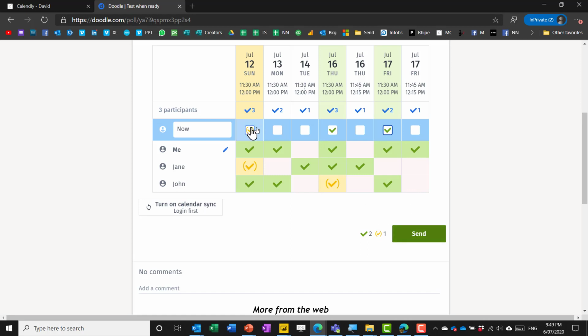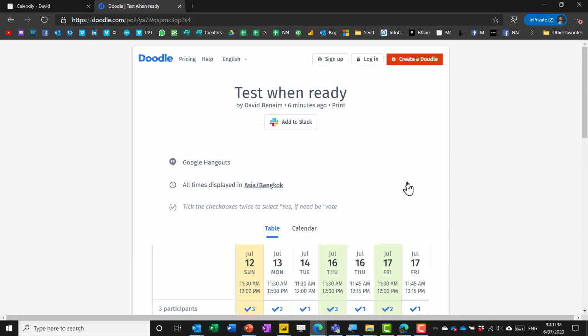The idea is tick all that are available. If you log in to Google or Office 365, you can sync it, and then it tells you which ones you're unavailable in. And you can also, as the host, send meeting invites out when it's done. Pretty easy to set up. Just click create a new Doodle,